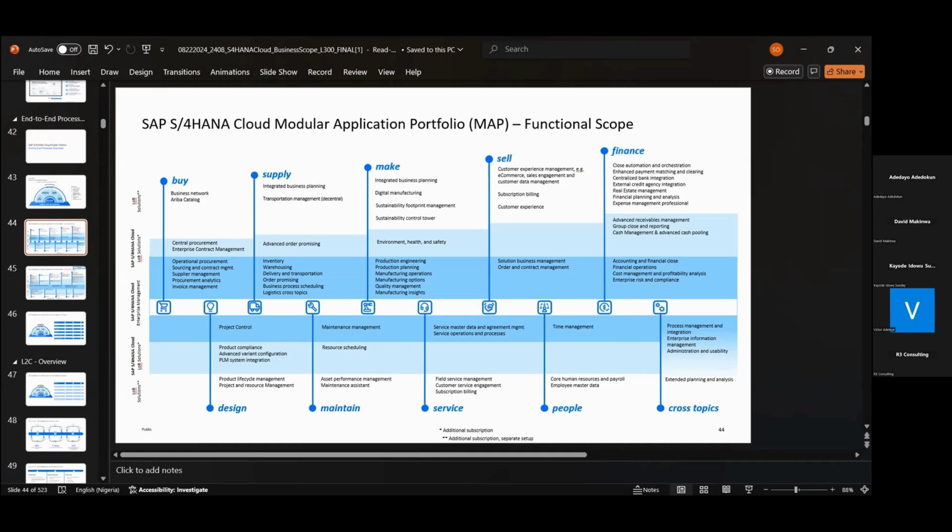So for finance, let me just quickly come here. Some of the functionality SAP has in stock for finance is automation. We have enhanced payment matching and clearing. What that means is when you're doing bank reconciliation, SAP has AI activated that will work based on habits.